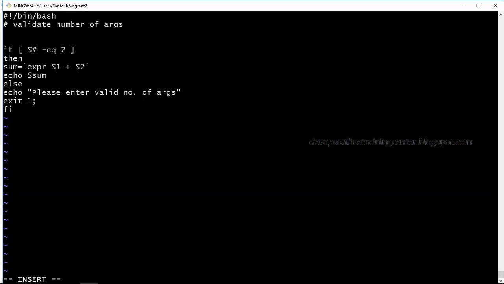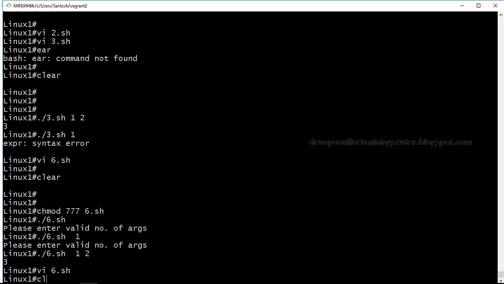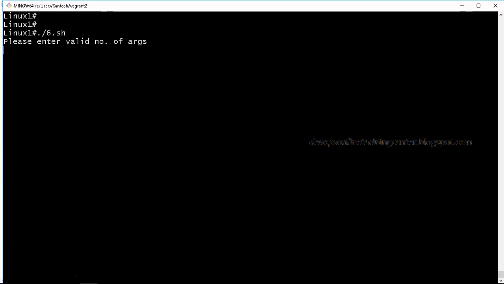Or you can also use something like sleep. Sleep will wait for 1 second, and then it will come back. Now if I execute 6.sh, see, it waits for 1 second before coming to the prompt. Sleep 5 will sleep for 5 seconds.